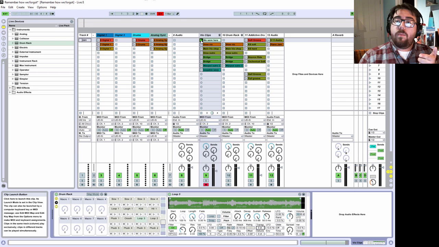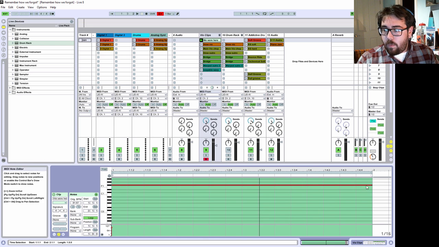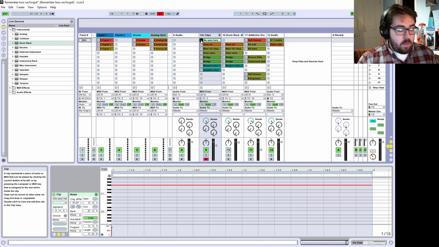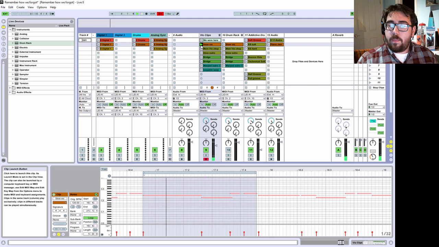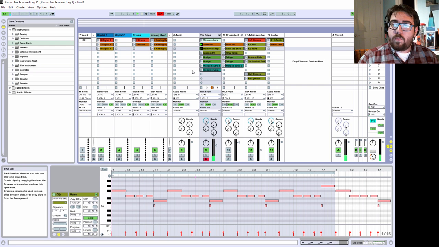So just going down, this one was just a raw section of the original file, and it functions really well as its own loop. So I just kept it as a 1-bar phrase. That's just that note on loop. So we were here. We were here. Right? Stuff like that. What else? Right? So you're getting the vibe that I went for, the vibe that I managed to get out of this. And this was the main,